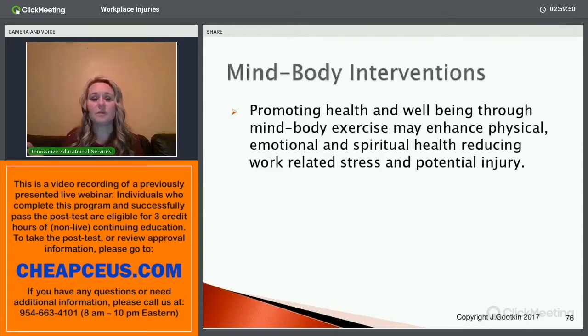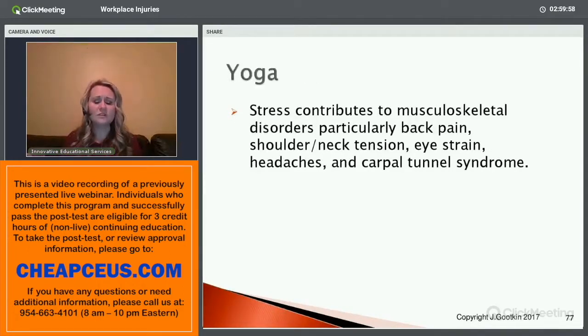They also found a decrease in reporting of the fact that the work was limited because of pain or distraction from pain. Other studies have looked at using yoga. Tai Chi kind of fits in with that, but they found that yoga is a way that we can get double benefit, that we are working on the mental as well as the physical piece. The benefit here is that we can increase the response from our parasympathetic system, that through the meditation and the relaxation that can occur during yoga, that